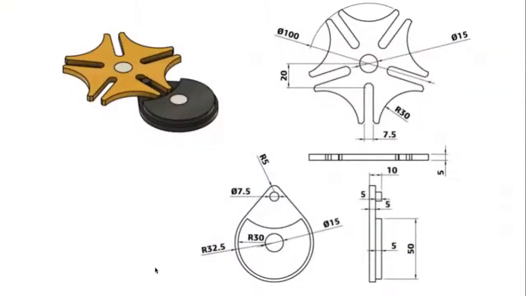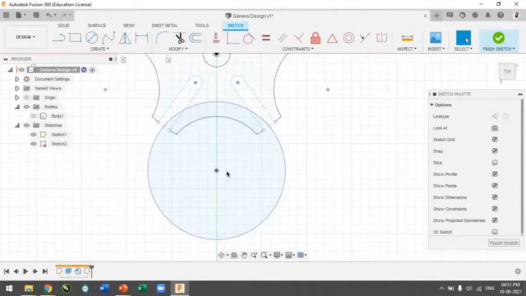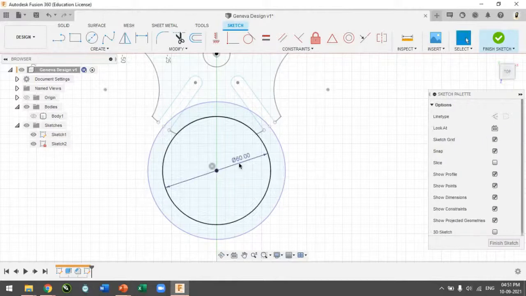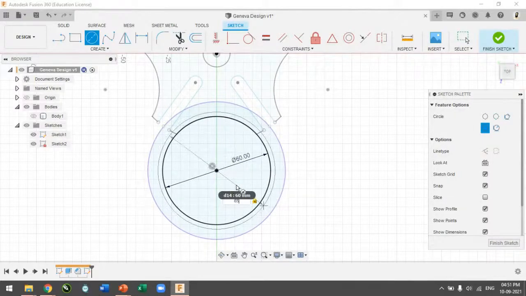Now moving forward, we would like to make this type of cam geometry here. At the center there is one hole for the shaft, one circle of 30 radius, so the diameter will be 60, and another outer circle has a 32.5 radius, so it will be 65 diameter. So we have to make these two circles. Moving further, I will make one circle of 60 diameter, another circle of 65 diameter,